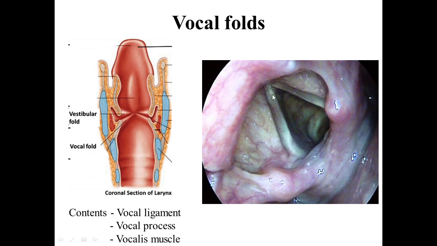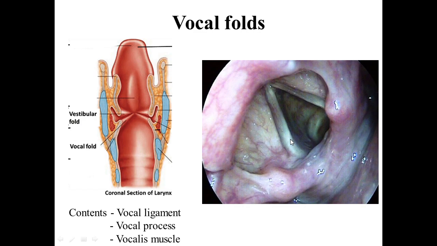They are situated just below the vestibular folds. They are lined by stratified squamous non-keratinized epithelium, and these vocal folds contain the vocal ligament, the vocal process of arytenoid cartilage